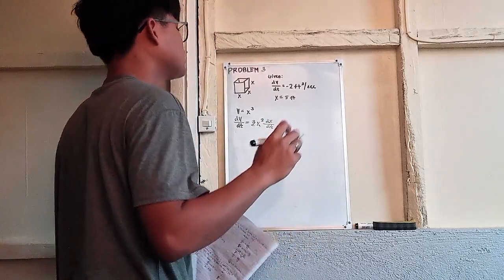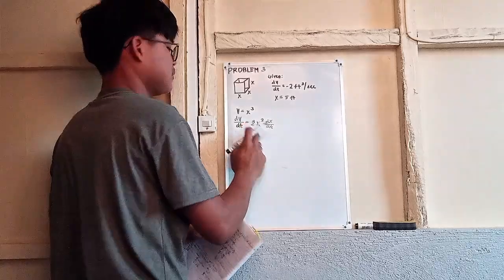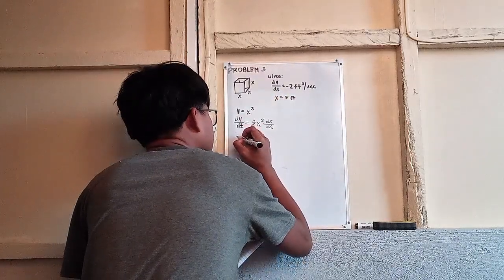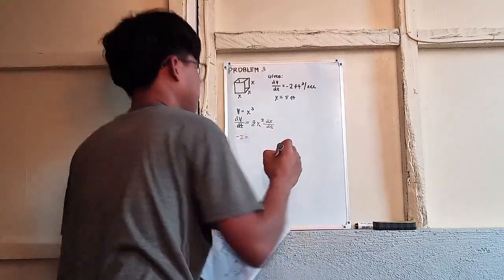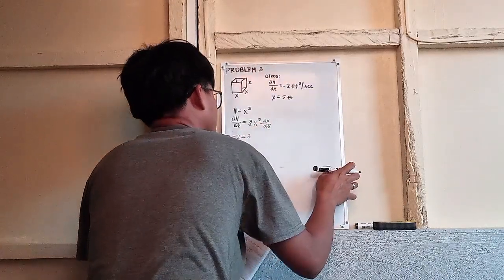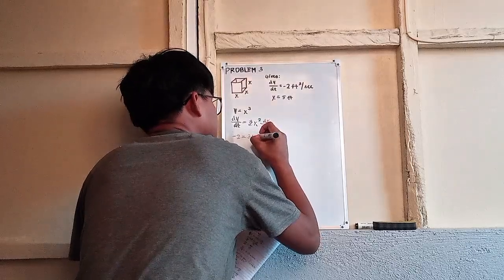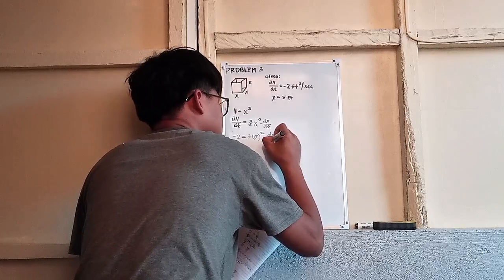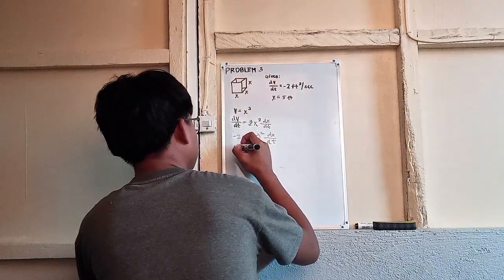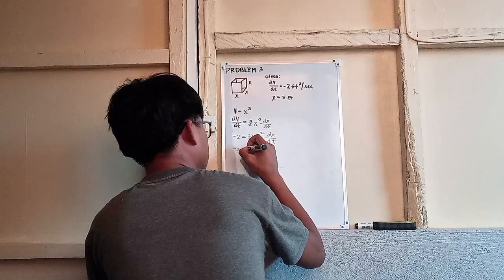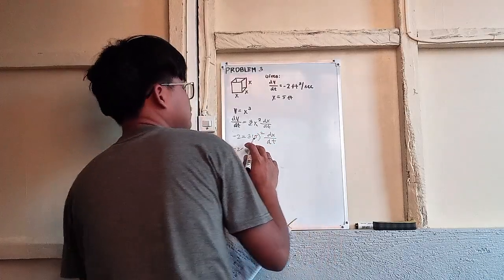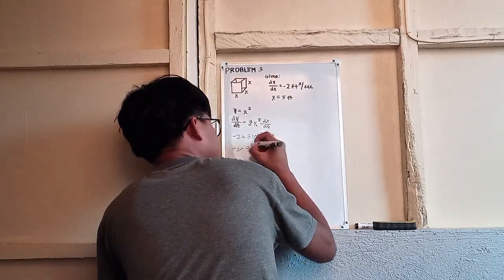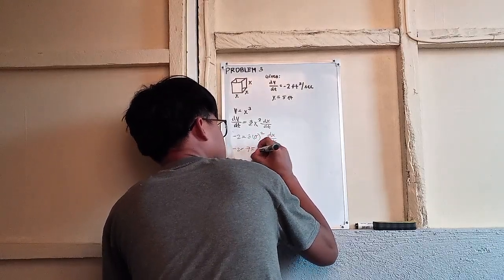Then now we will substitute what is given into the formula. Then dV over dt is equal to -2, then 3, and our x in the given is equal to 5 squared, dx over dt. Then solve: -2 is equal to 5 squared, 25 times 3 is equal to 75 dx over dt.